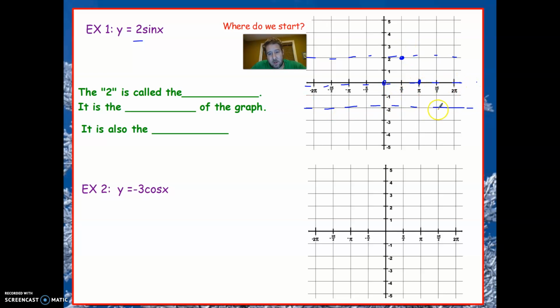So all the points are going to be on one of those 3 dotted lines, and you're just going to basically keep weaving back and forth. So from midline to top to middle to bottom, to middle to top to middle to bottom, back to middle again. Now, for -3 of cosine, now keep in mind, as I said before, cosine always starts at the maximum